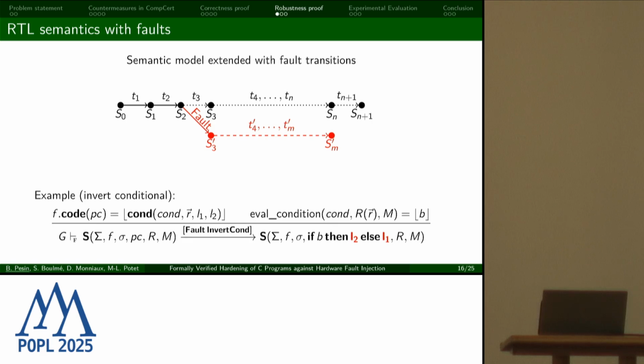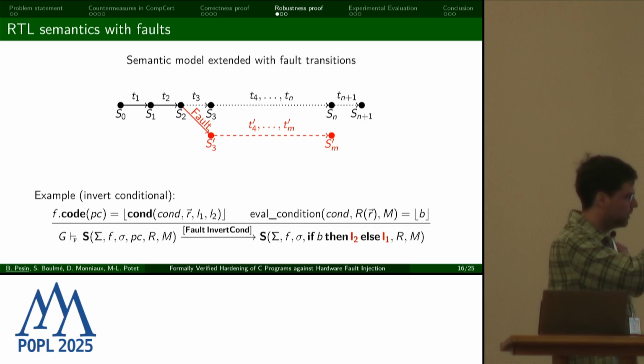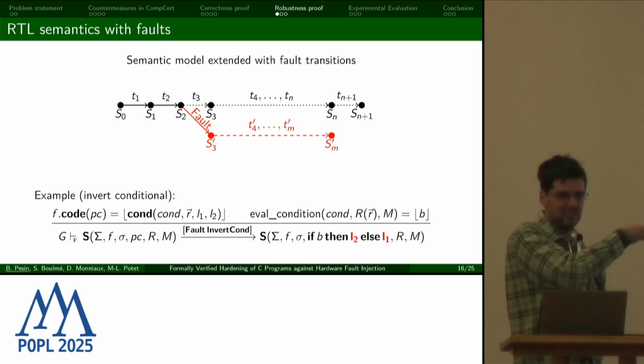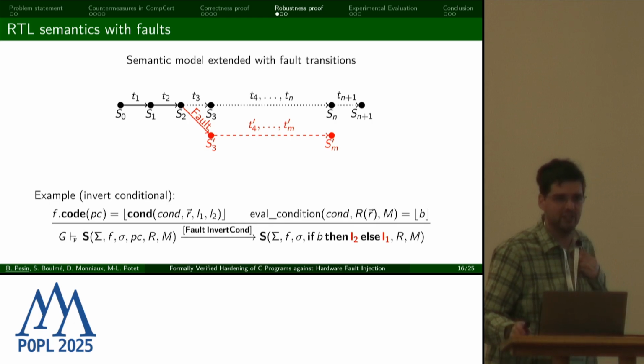the part that tells you which instruction you're about to execute is here. So it's f.code = PC. So you could model this attack by saying, when you jump into the function f, you modify the text of the function f here. I don't have the rule for the function call in my slides, but it essentially retrieves f from the global context. And so here you could modify it and say, the code of f has been modified.